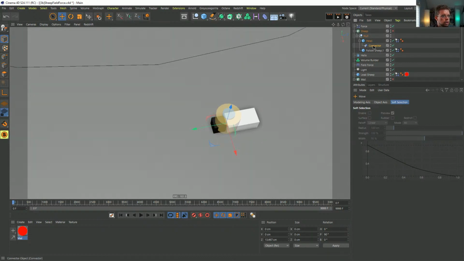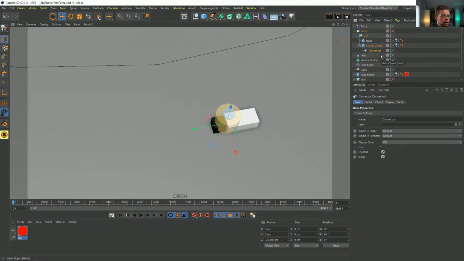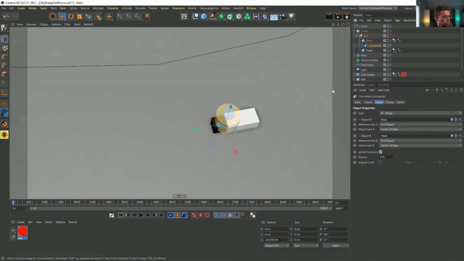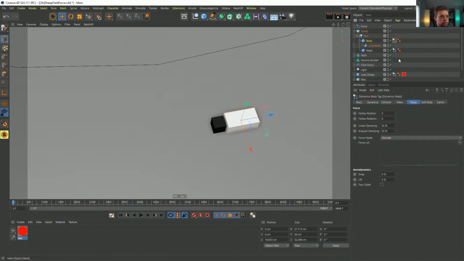I guess I would become a child of the body, so that becomes the body. And that will connect the body to the head, right? So does that work? Does that stay connected? Seemingly, yes. So the body, yes, it's dynamic, but I'm going to say include nothing.